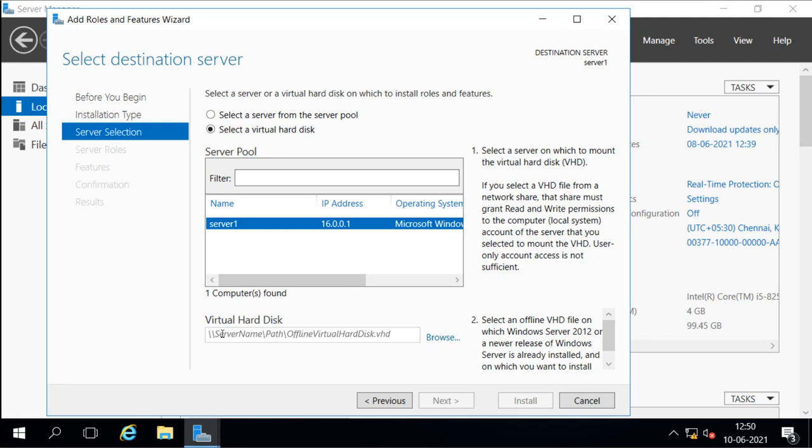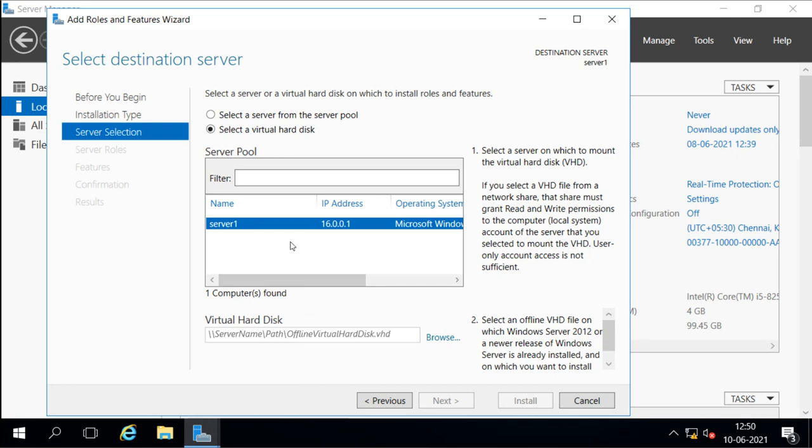So if we already have a virtual hard disk for a virtual machine and we want to install some roles and features into it, but right now it is offline. Remember, it only works for an offline virtual hard disk. Offline means it is not connected to any virtual machine. If the hard disk is not connected to any virtual machine, then we can install any role or feature into that also.